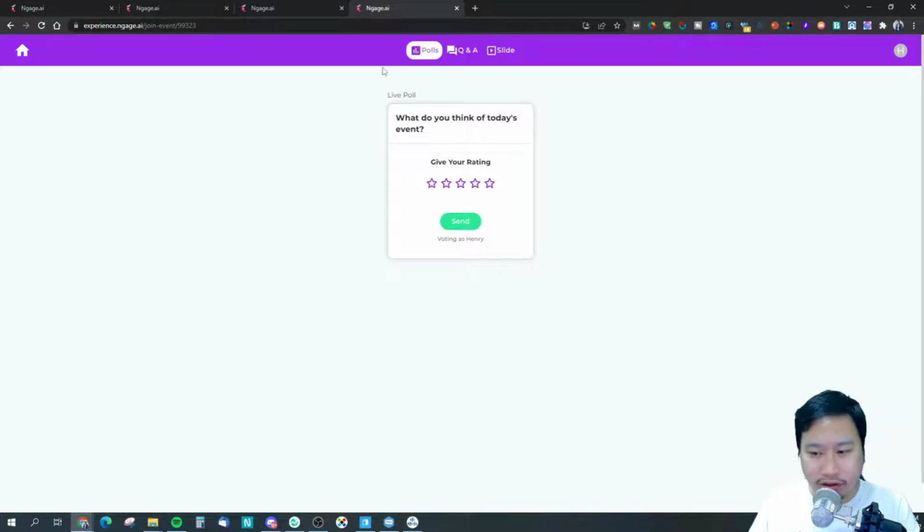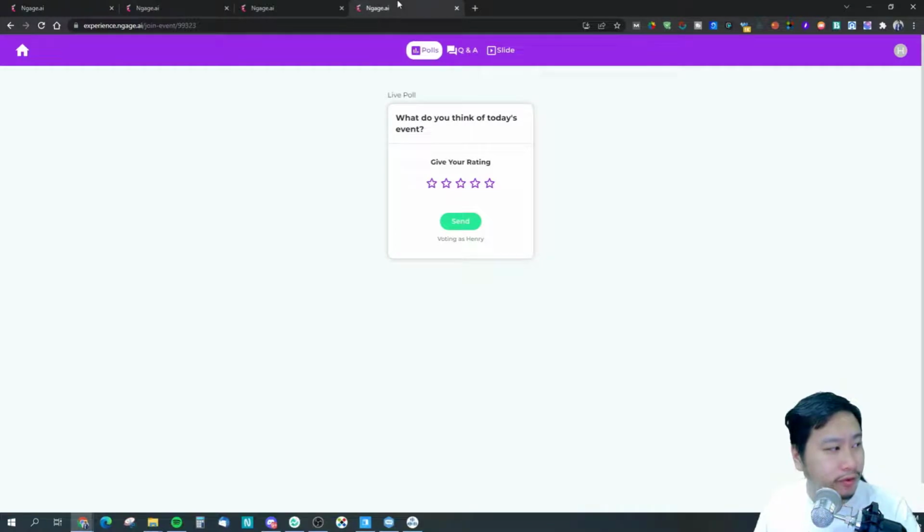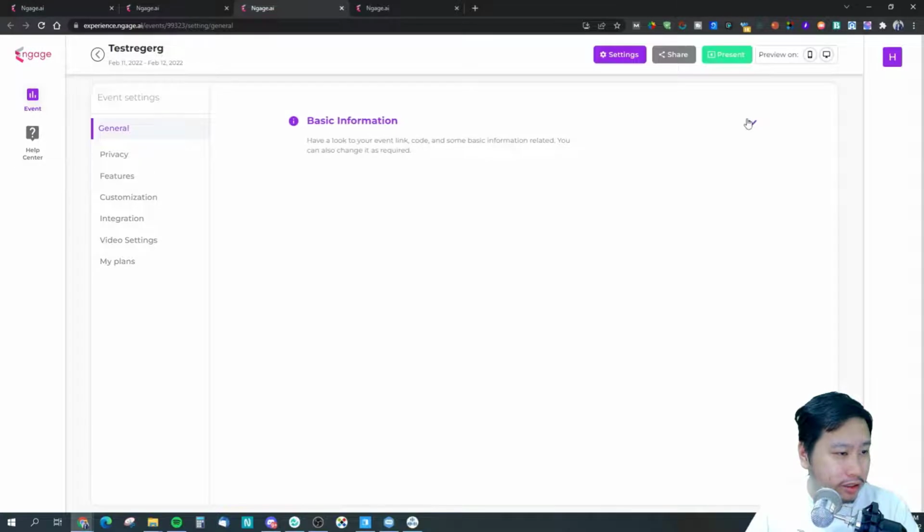So what happens is that your audience is going to scan this QR code right here and land on this page right here. Let me see what this is. Create live stream.